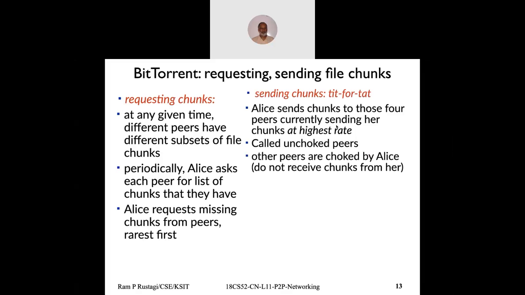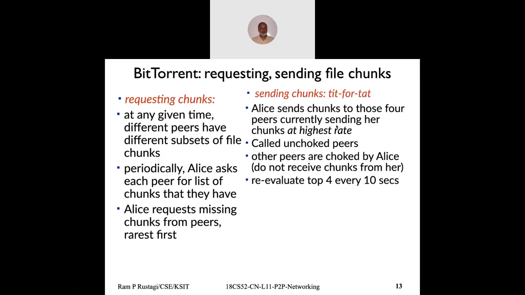Now network conditions keep on varying. Today peer 1 may be sending at the highest rate, but after a while this peer may have a network issue, may not send the highest rate. So I need to periodically evaluate my current unchoked peers. So every 10 seconds, you reevaluate which are the topmost 4 peers, and I'll send data only to those top